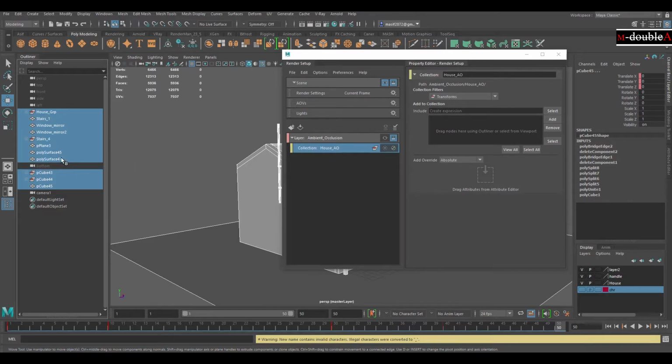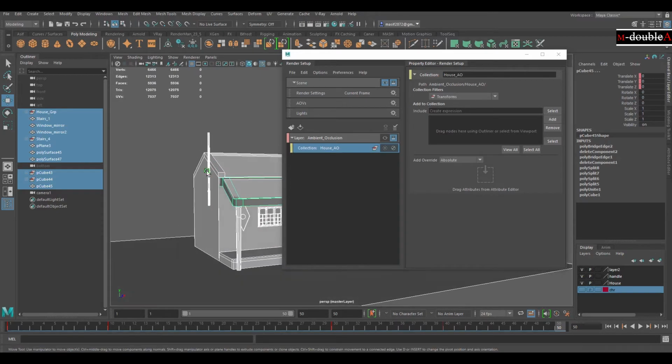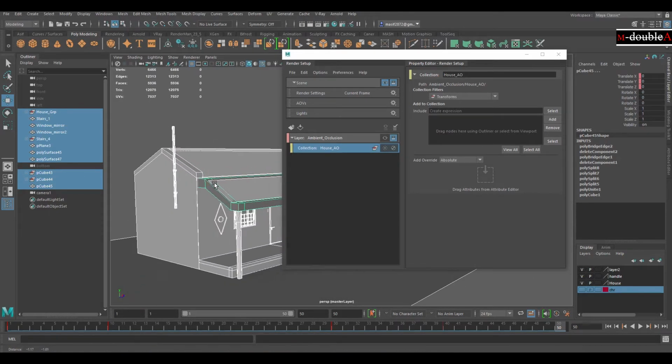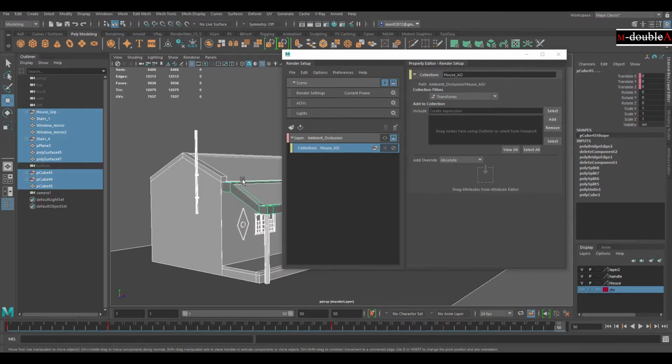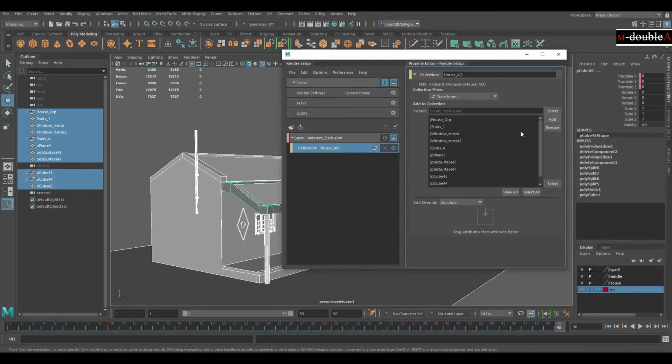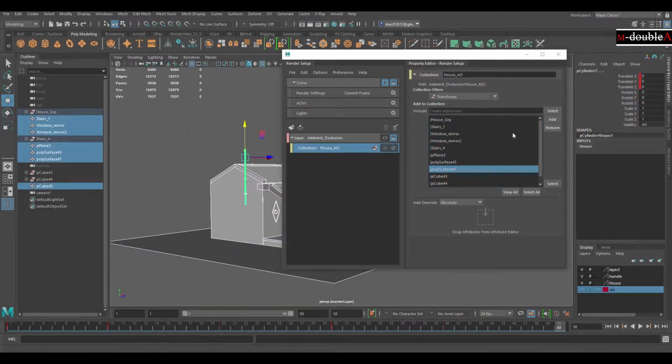Okay, just select all models. If you have lighting in this scene, deselect that and only select polygon models, because ambient occlusion only needs models, not lighting or other things. Just click on this and click on add. You can see the models like these stairs, house, grab, windows, mirror, stairs and everything. Everything is selected in this layer.